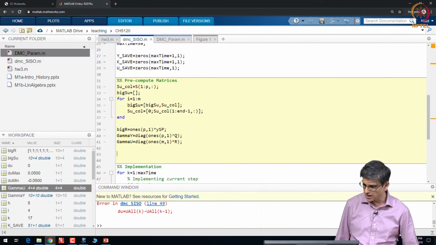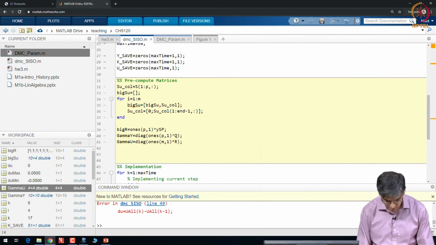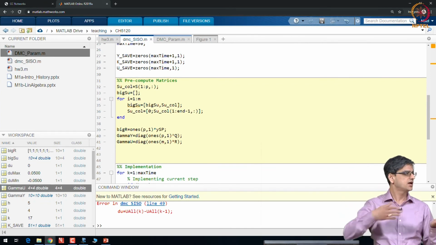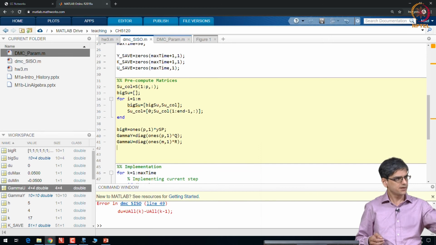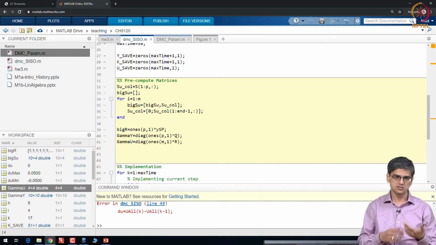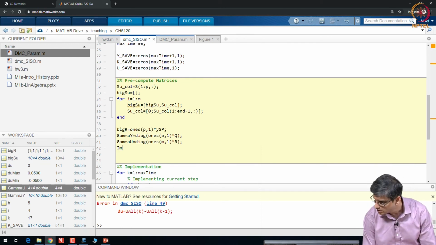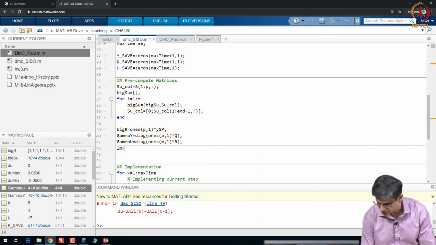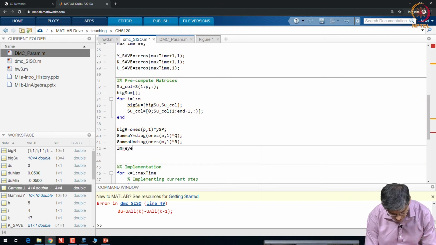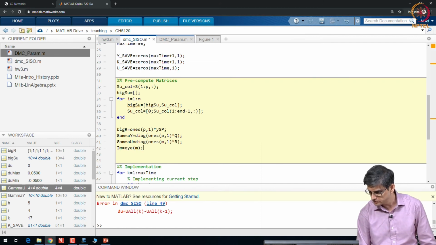So, IM is quite simple. Im is nothing but an identity. It is m multiplied by nu times identity. Nu is 1, so it is just a one dimensional identity. Im equal to EYE m.